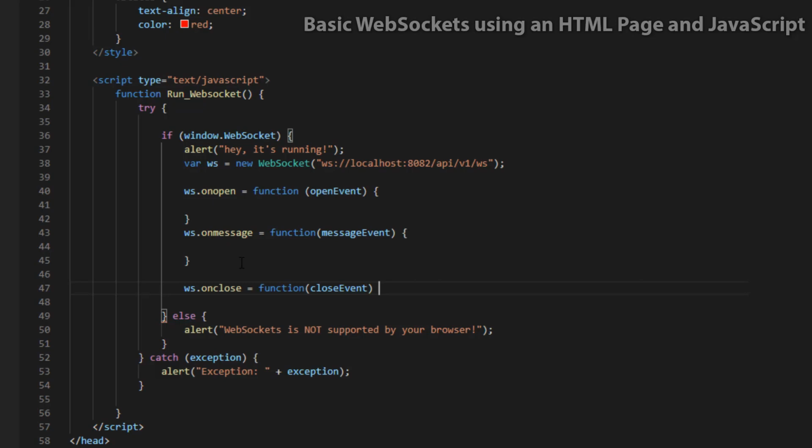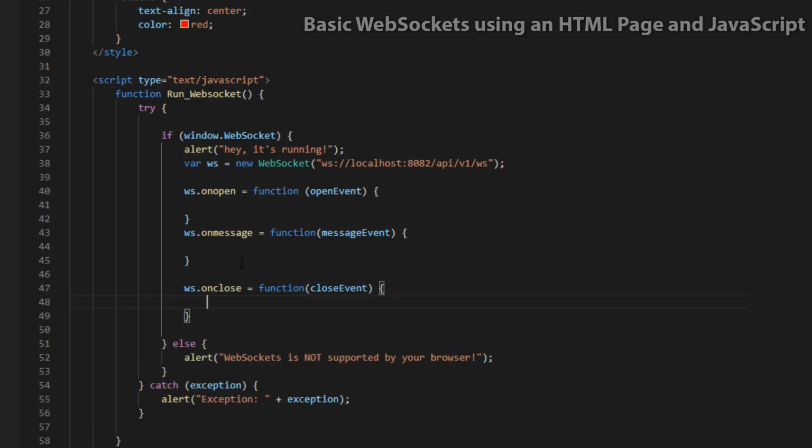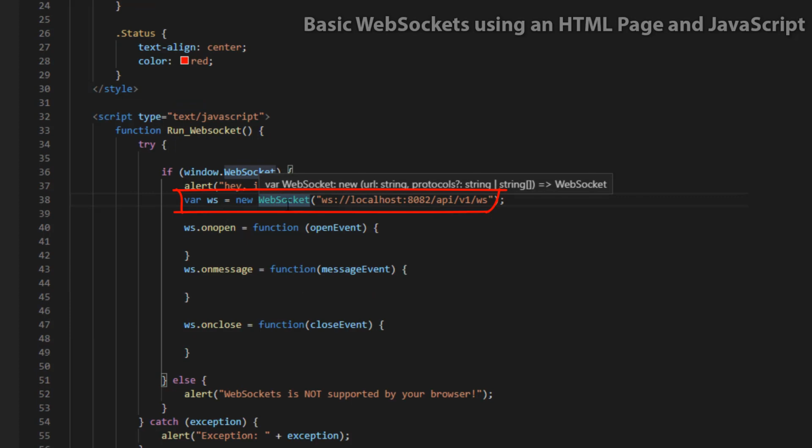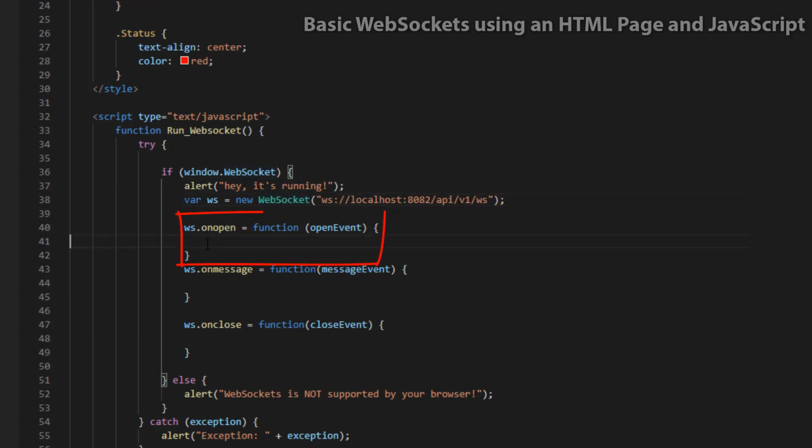There are more. For example, there's an on error and so on and so forth, but hopefully you're not going to need those. Of course, you could add those in there if you wanted to. You could start typing in ws.onError. So we will connect. The on open is where once we've established a connection, we will then send our request